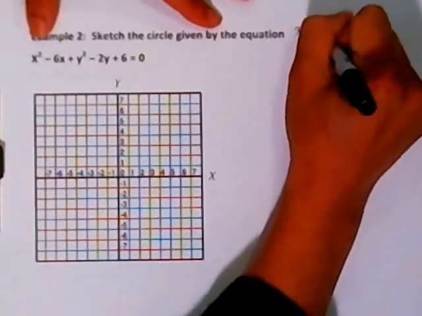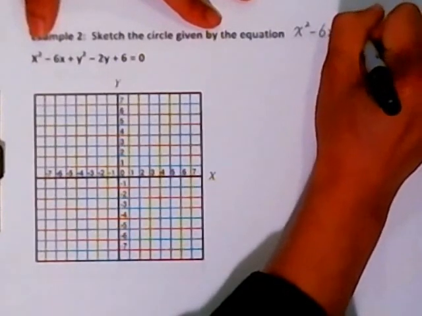x squared minus 6x plus y squared minus 2y